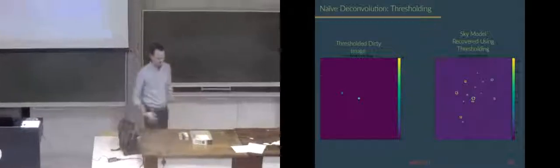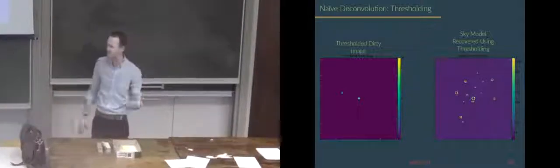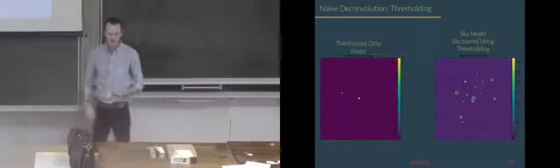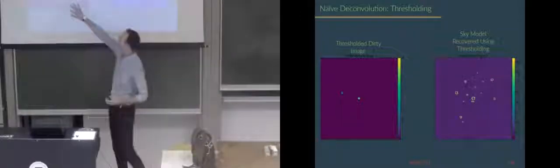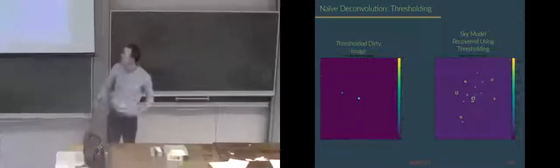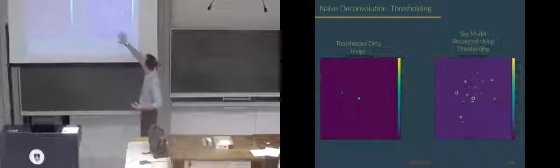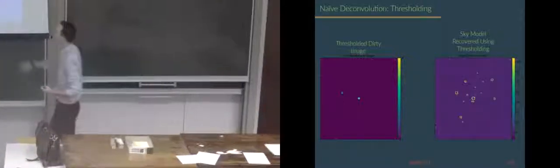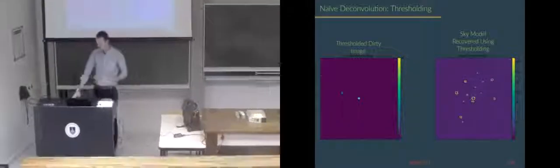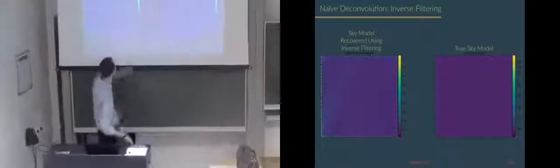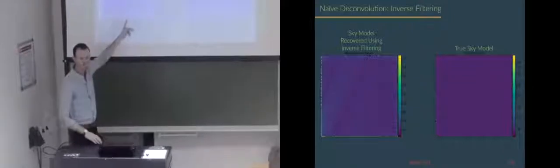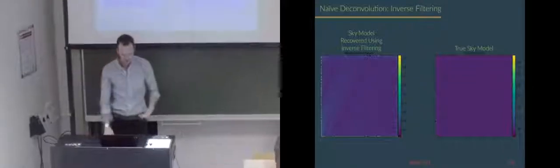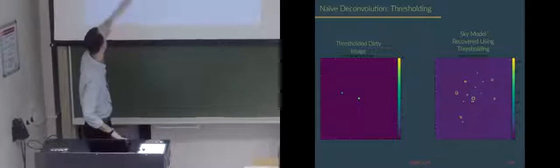So we have effectively an infinite signal to noise image, kind of, you can think of it that way. Because anywhere there's sources, it's zero. Now if you do inverse filtering there, you produce a sky model like this, which doesn't look great, but this is actually much better than the original inverse filtering, which is just nothing, right? So we've kind of improved upon our inverse filtering by saying, just chop out the bright stuff and inverse filter